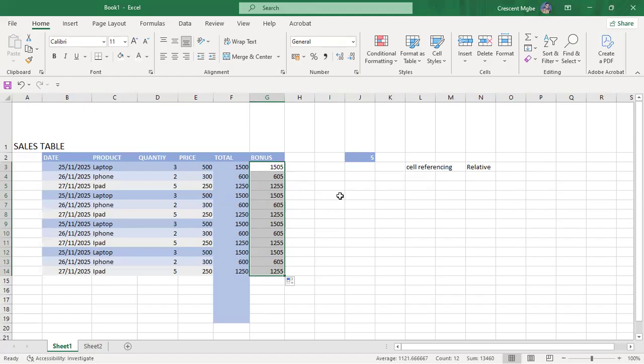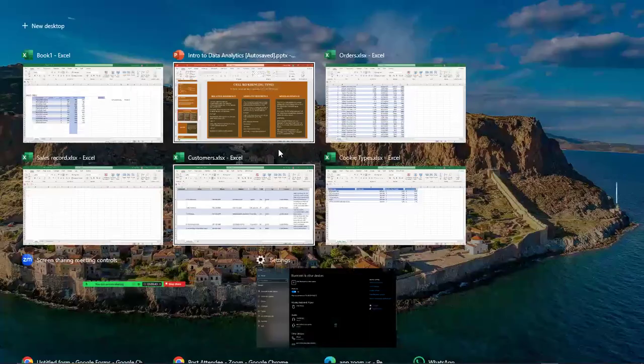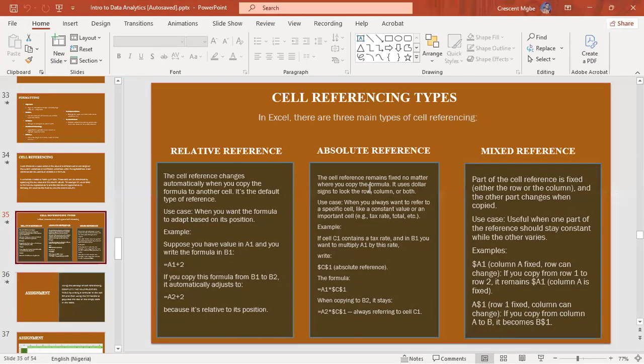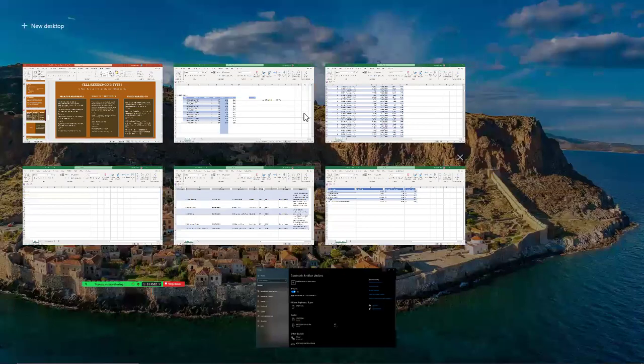So this is how fixed referencing works. It says the cell reference remains fixed no matter where you copy the formula to. No matter where you copy it, it's still fixed at that J2. It uses the $ sign to lock the row, column, or both. So if you want to lock the row and the column,